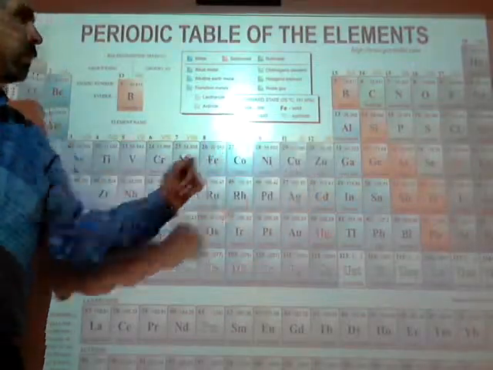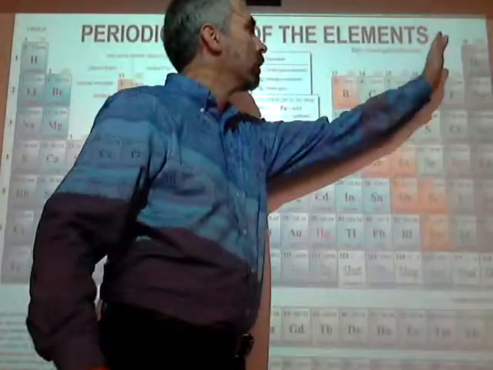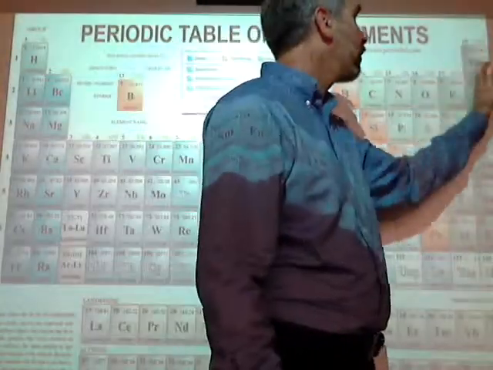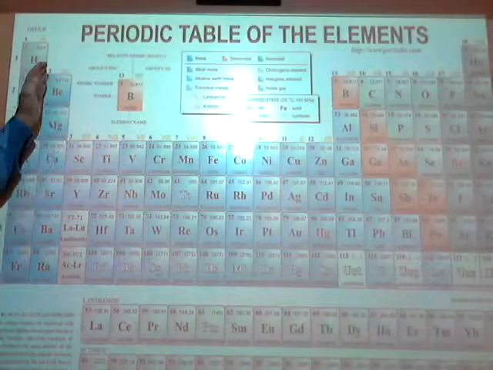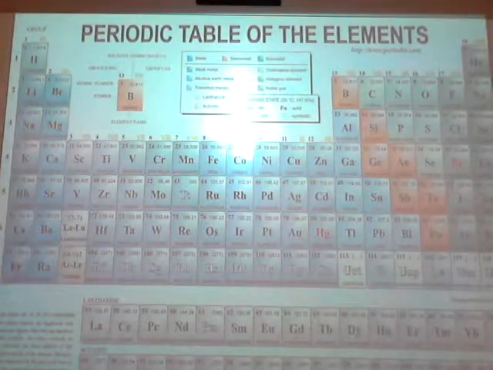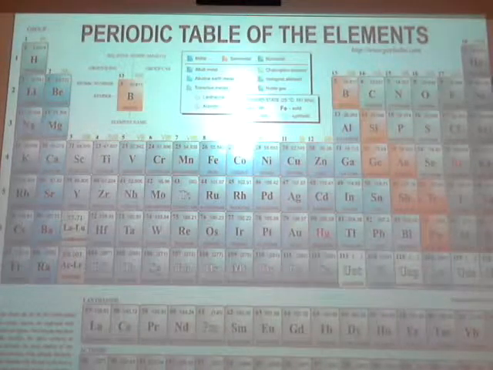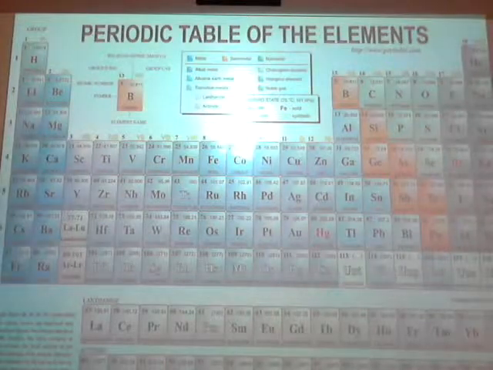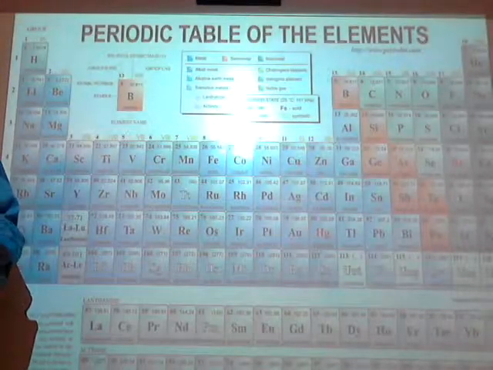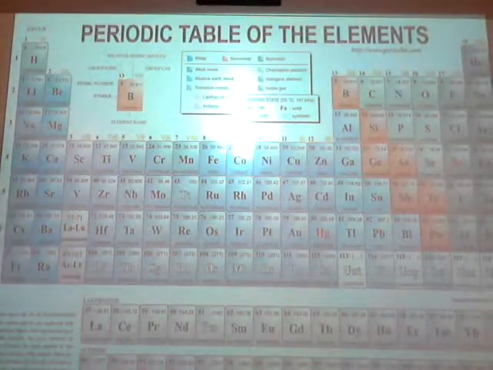Transition elements, metalloids. Group 7 is the halogens, then noble gases, alkali metals, alkaline earth metals. Okay, group 1, group 2. All right. Now there's a lot we learned about the periodic table. Time to start applying it. That's what I want to go over with you right now, how we apply this. I'm going to pass out